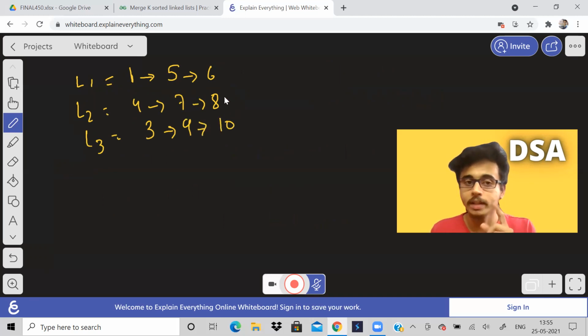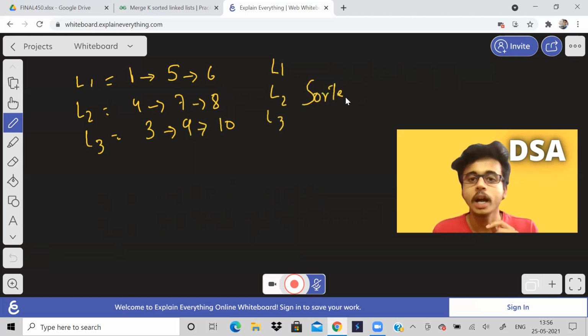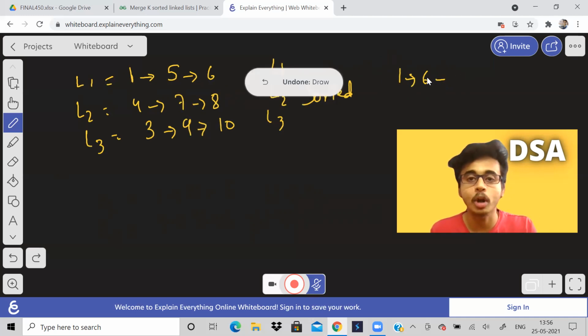You have to remember one thing, that linked lists L1, L2, L3 are all sorted. So you can't say the input will be like this. The input will never be like this, because all the linked lists are sorted. Just keep that in mind. This property will help us solve the problem efficiently.